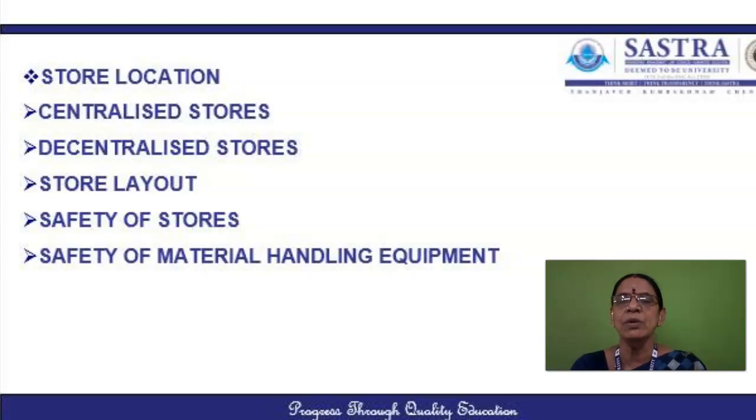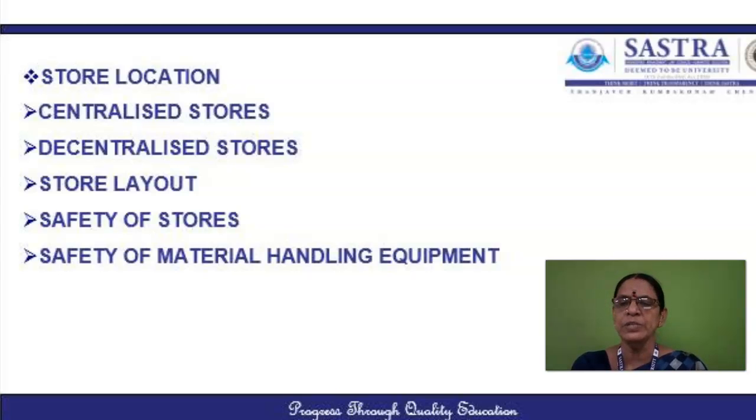However, one basic organizational feature must be observed. The entire store setup should be under the unified control of one department, namely one senior controller for stores in charge. So centralized stores here will mean any one single department which is receiving all the stores and issuing to the production departments. And we have decentralized stores, that is the stores attached to the different production departments.